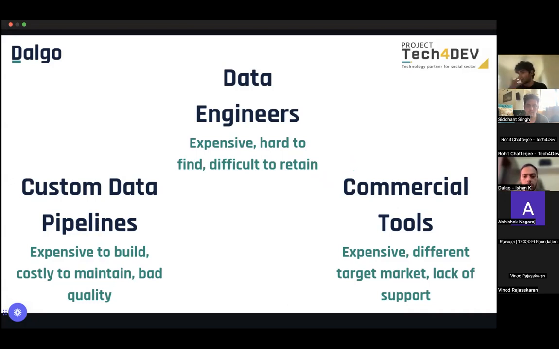Which is running at global standards and performing all of those functions and solving for all of those challenges very well and consistently. But the problem with that becomes that commercial tools are expensive. They don't meet